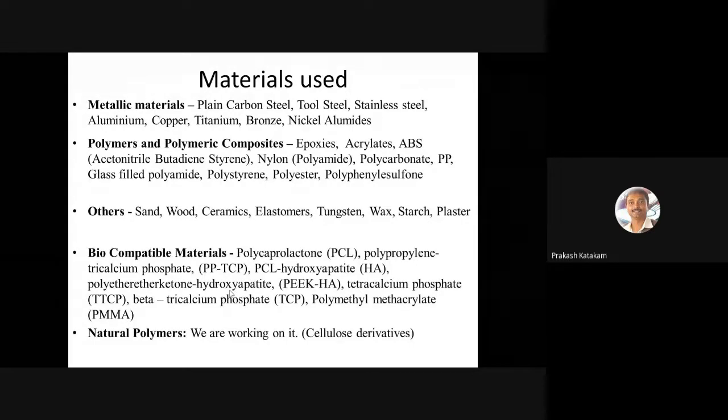And of course, natural polymers. Most of the researchers are working on them because, as I said, the materials are very important, and we have thousands of materials available in the world today. We can use most of them, but the problem is biocompatibility. We cannot use all the materials for biomedical and pharmaceutical purposes. So what we are doing in our laboratory is research on identifying some natural polymers and converting them to 3D printable materials.